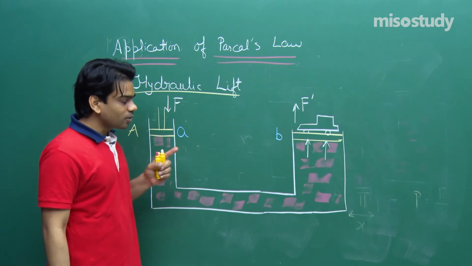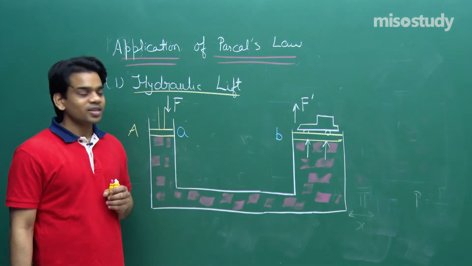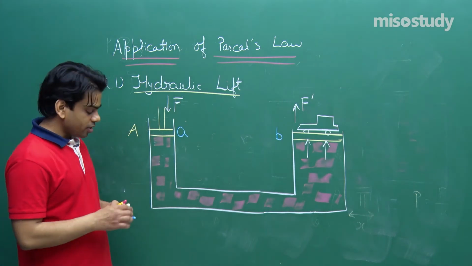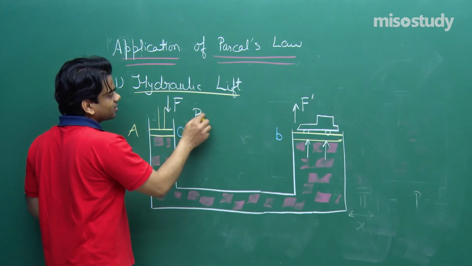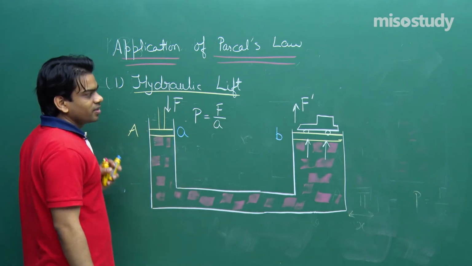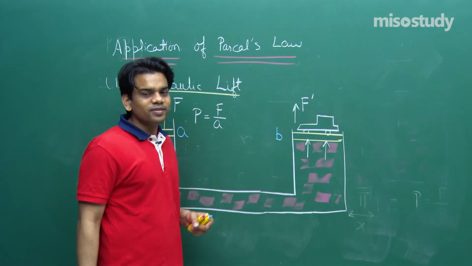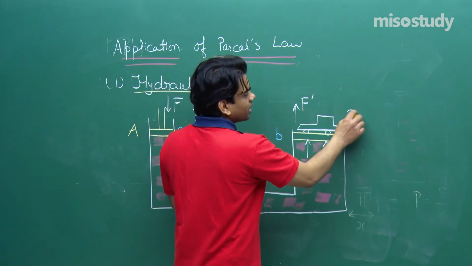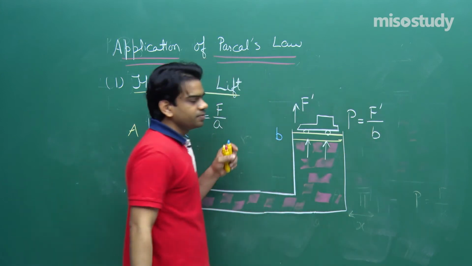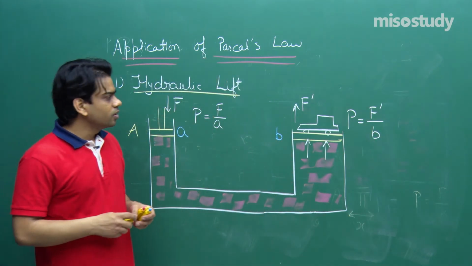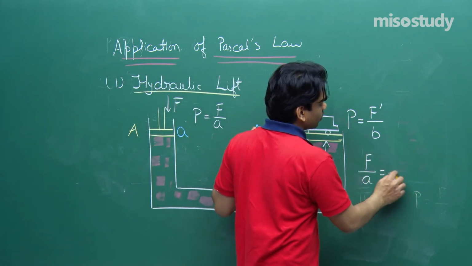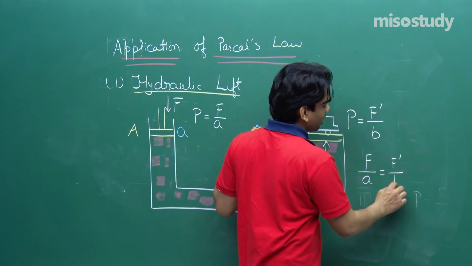Now here Pascal's law says that a change in pressure at one point, the same change will be observed at the other point. We have exerted an excess pressure that is given as F by A. Here, if the force is F dash, the excess pressure that you should obtain should be equal to F dash by surface area B. Change in pressure has to be same. So shall we equate F by A is equal to F dash by B,